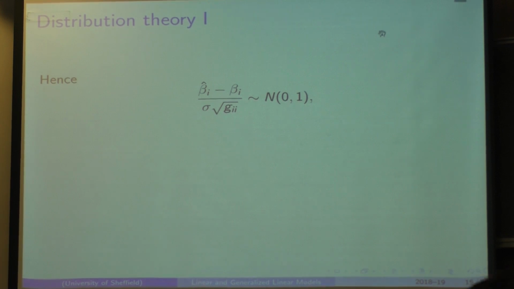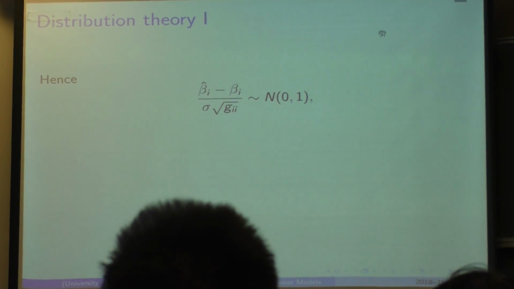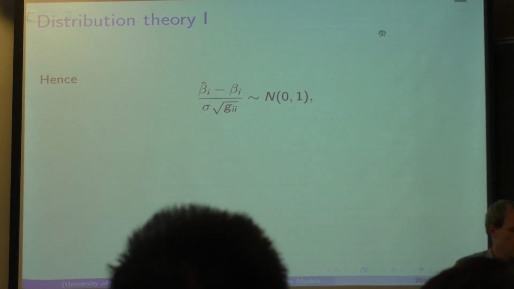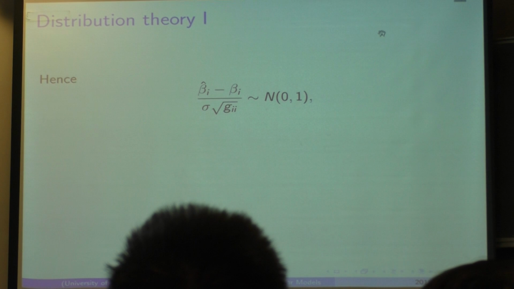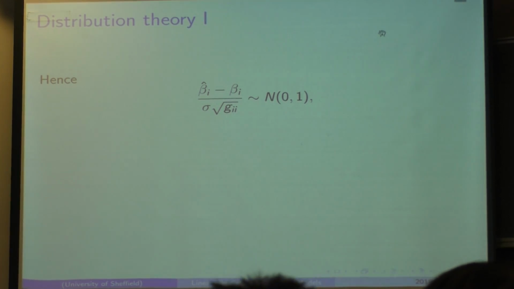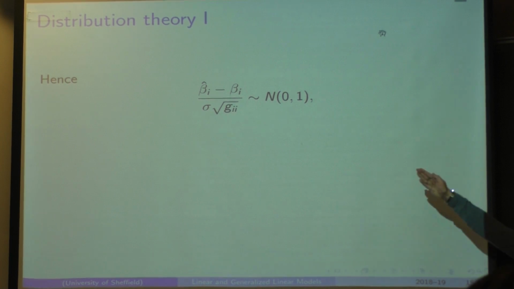So we can standardise, divide by the square root of the variance, having first subtracted the mean. So beta hat i, subtract the mean to get beta i, divide by the standard deviation, which is the square root of the variance, which is sigma times the square root of G_ii. Okay, and we know G_ii because it comes from X transpose X, and we know the design matrix X. So we know our estimate, beta i hat, and we know the square root of G_ii, which also appears in that formula. However,